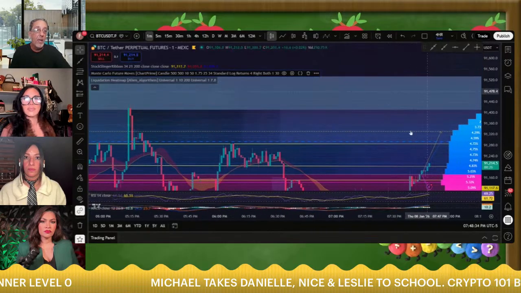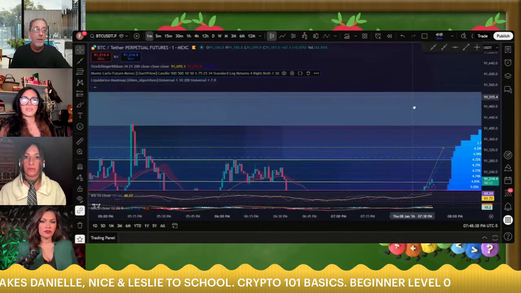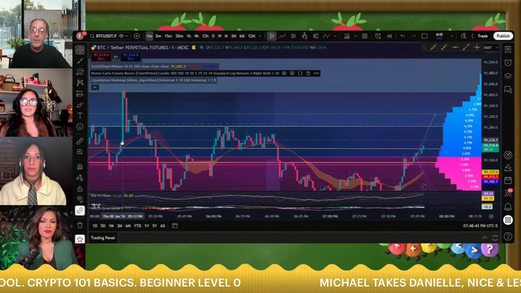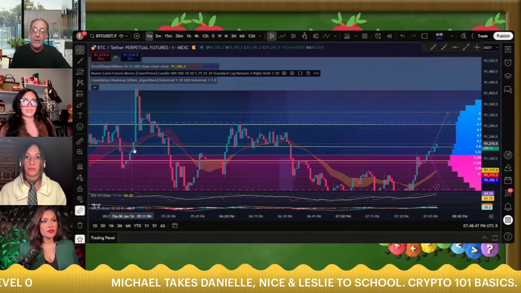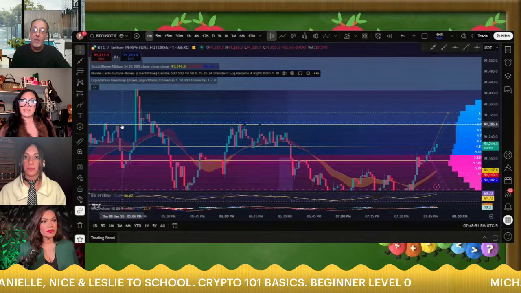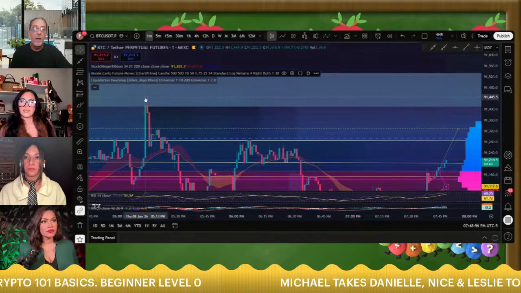And it's gonna go pick up all this liquidity that we were talking about, 91,500, 91,750, and all those levels. So we see this big green candle over here when it came up. They hit that resistance, broke through it a little bit, and then it came all the way up. And once it broke that, what happened? It just kept going, and it came all the way up here to pick up all this liquidity.